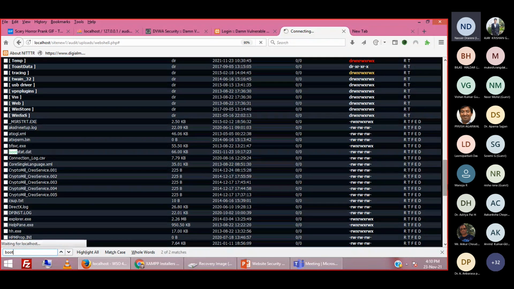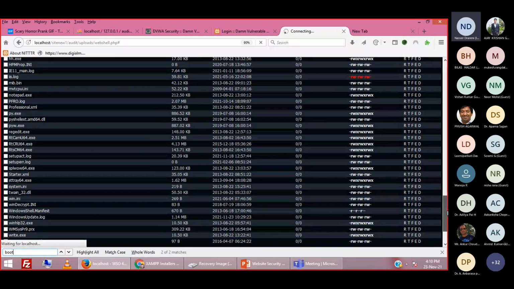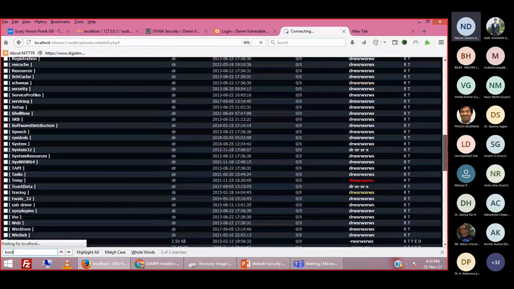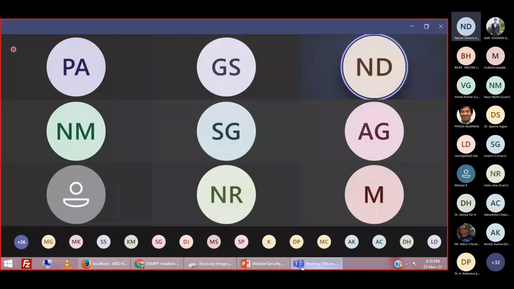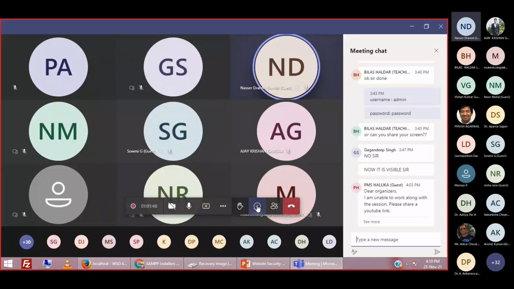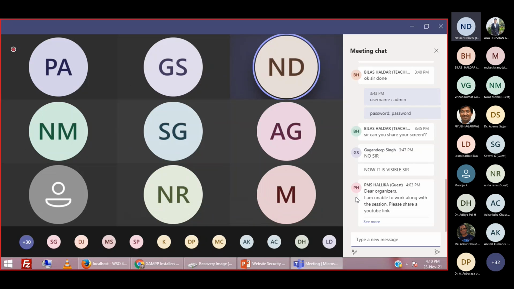Yes, participants, if a hacker has taken over your system and he has deleted this boot.dll file, what will happen to your server? Can anyone tell me? Yes, Gagandeep ji, Bilas ji. What will happen if I take over your web server and I delete this boot setup file or boot DLL file? What will happen?